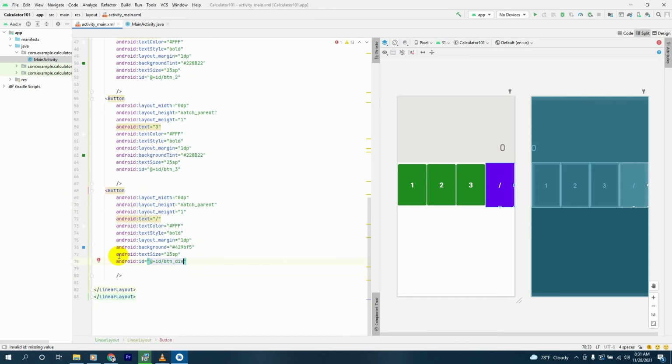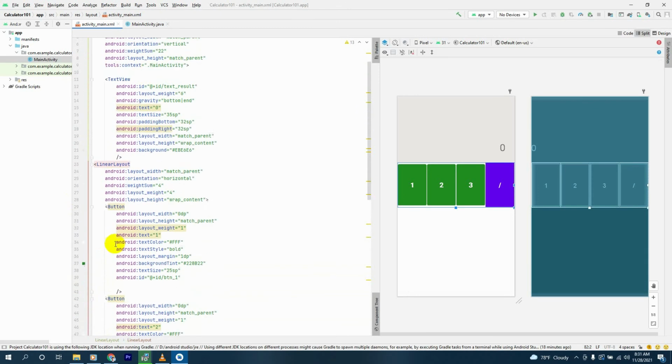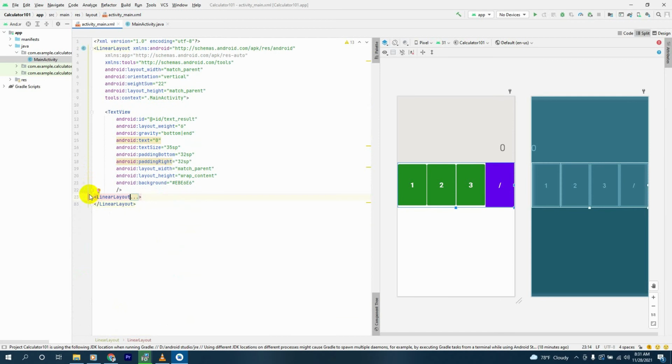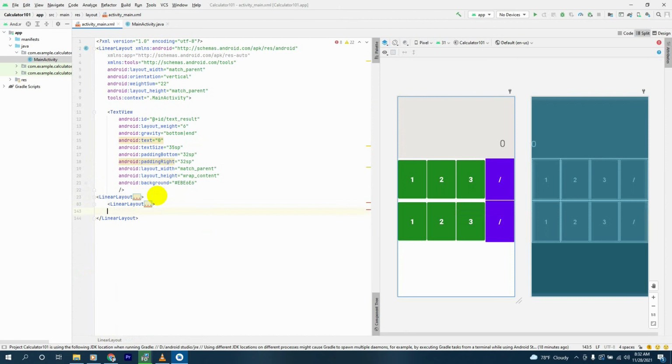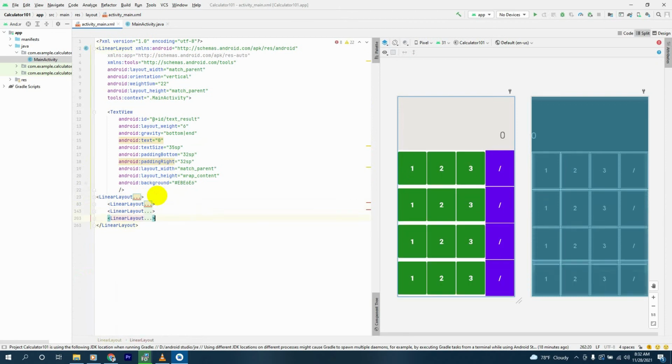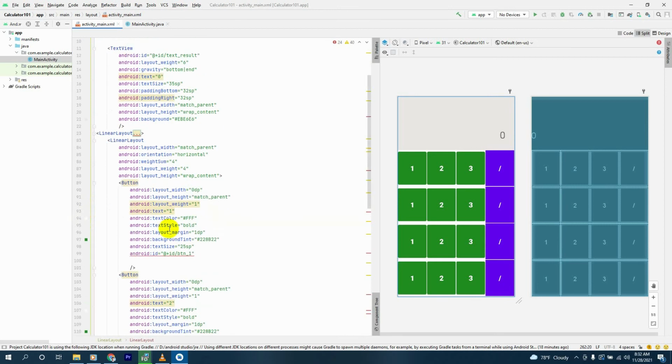And next thing, we'll copy this linear layout. First of all, we'll close this, and we'll copy this from here and paste it 3 times, 1, 2, 3. Okay. Next thing, we'll go to the second linear layout, and here